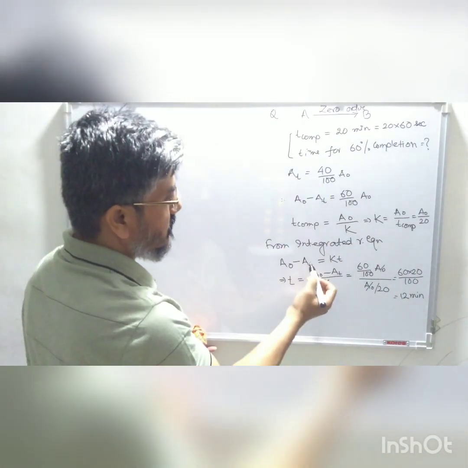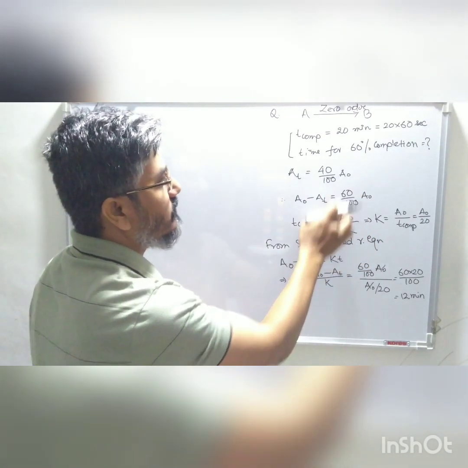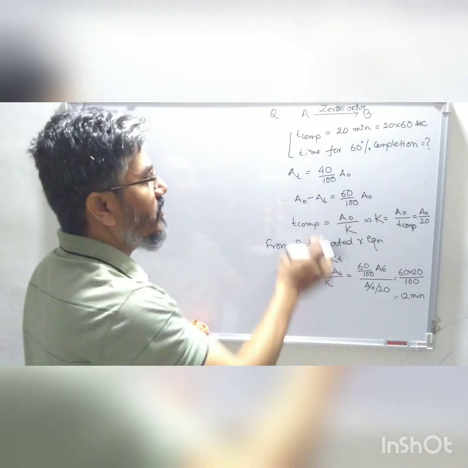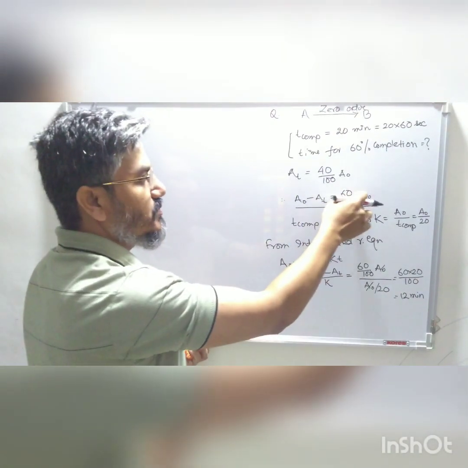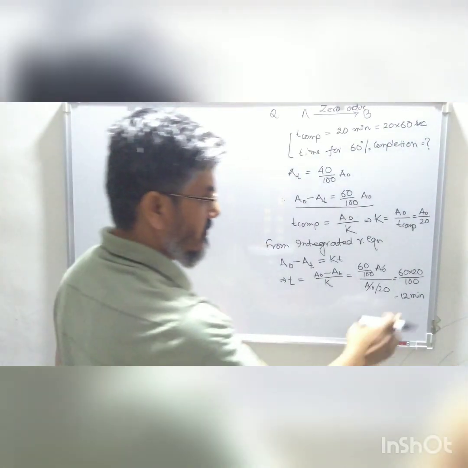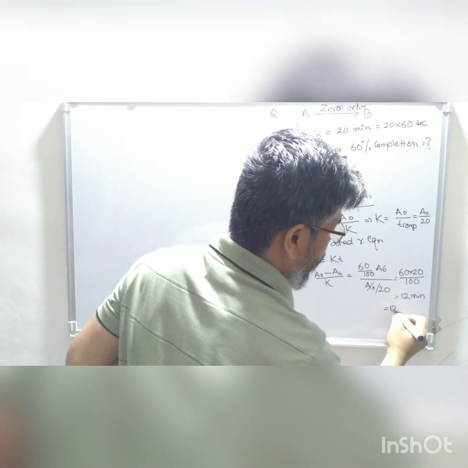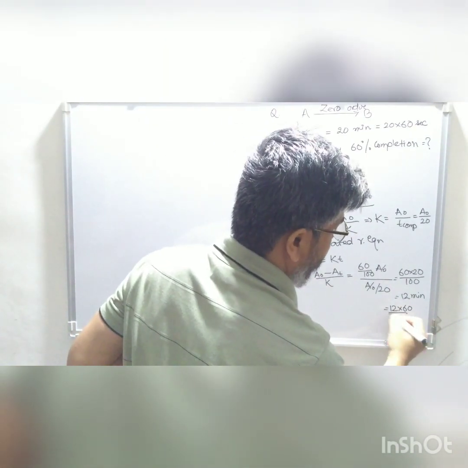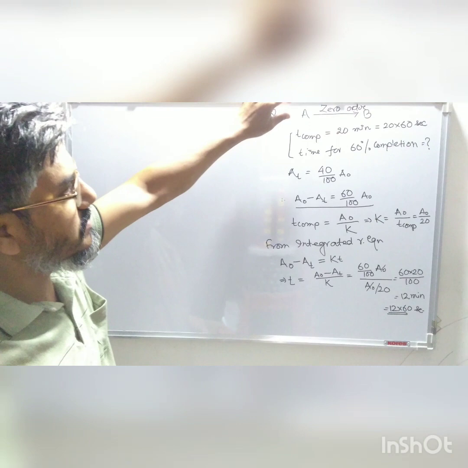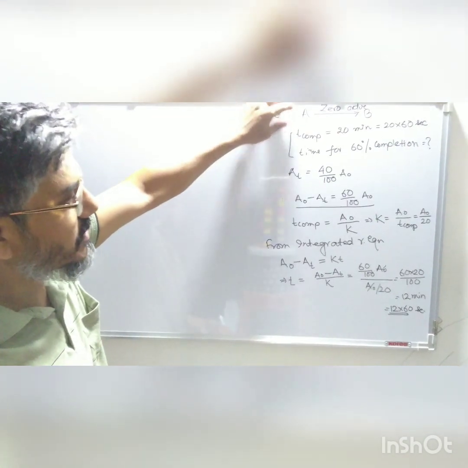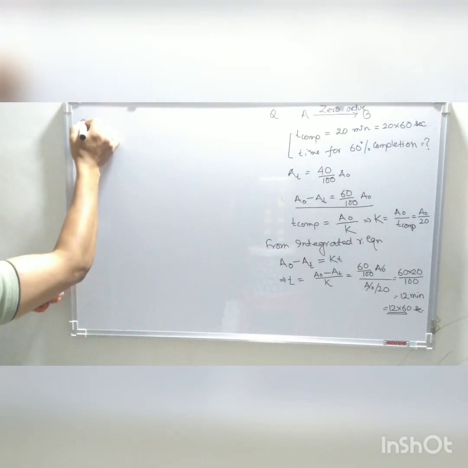So the first thing is we have to use this equation, the time required for completion of the zero order reaction, which is equal to A naught by K. And what is the meaning of this? 60% completion means the amount of At left is 40% of the initial value. A naught minus At is 60% of the initial value. So this is 12 minutes, or you can convert into seconds, which is 12 into 60 seconds. So this is how we proceed to solve a given question by use of this integrated equation. So this is one of the questions. Let's go for another question.